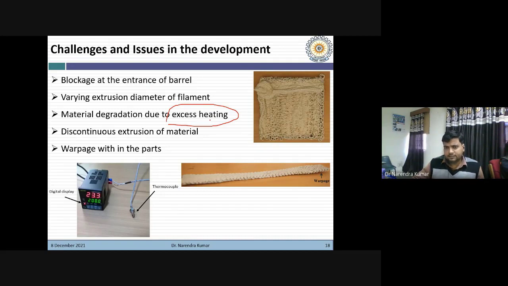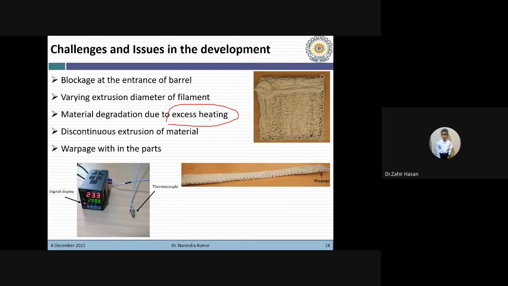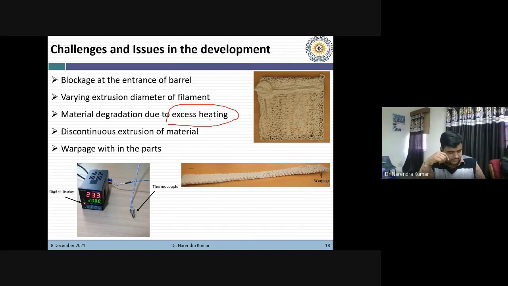I think someone has written something in the chat box. Sir, can you convey what any queries there? Yes, Dr. Zahir. Okay. Sir, as you shared regarding the plunger base and screw base mechanism, we have the mechanism, the screw base for noodles itself. Sir, I will take query at the end of the lecture. I think it would be better. You can note down your query because otherwise I won't be able to complete the lecture. Okay. So I will take all the queries. Don't worry. You can note down all the points. Then I will take your queries one by one.